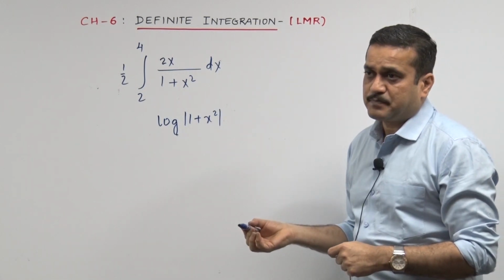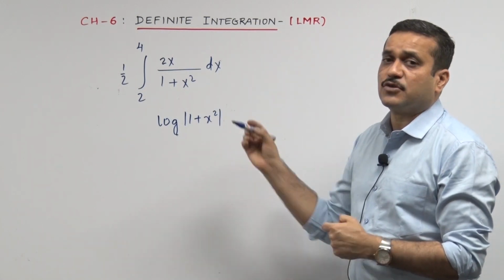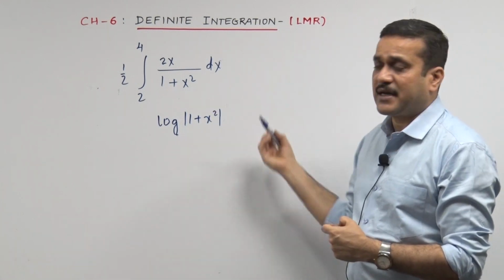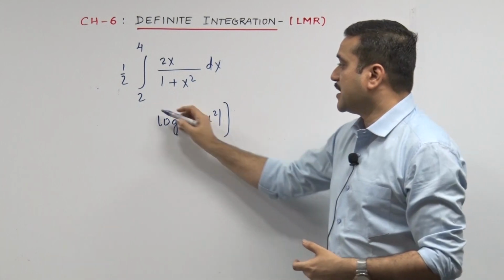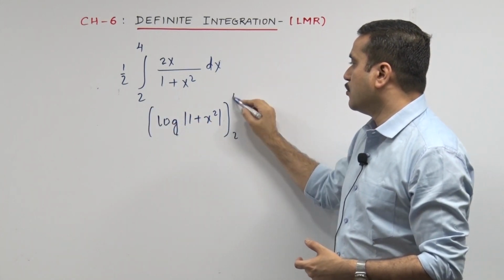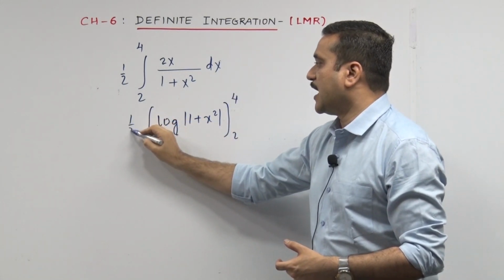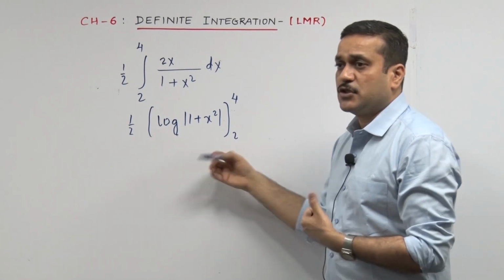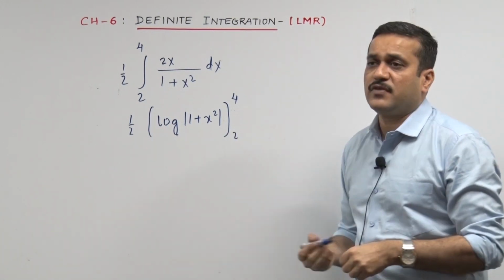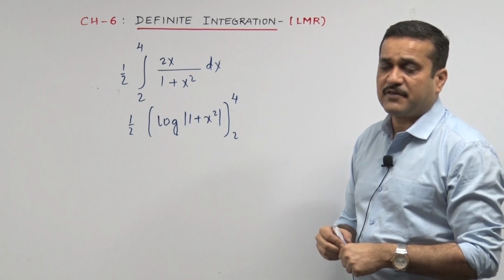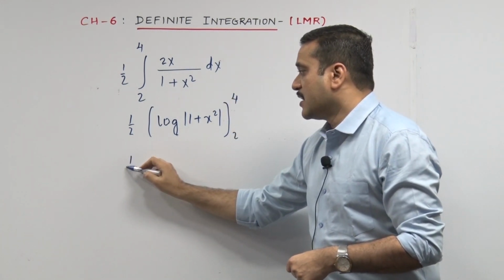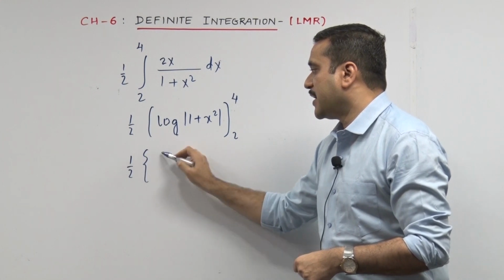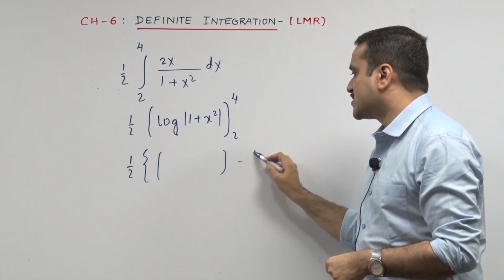No plus c, please, because plus c anyway it's going to get cut when you go upper dabba minus lower dabba. Upper limit ka dabba minus lower limit ka dabba. We take it from 2 to 4 and bar we have got half. Now the next new process, what no, yahan tak to we are comfortable with chapter 5. No, this is up till chapter 5 we have done all these things. Now going ahead, 1 by 2 I put a curly bracket, I bring in my dabba minus dabba.